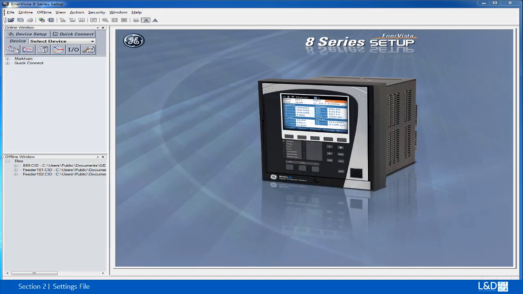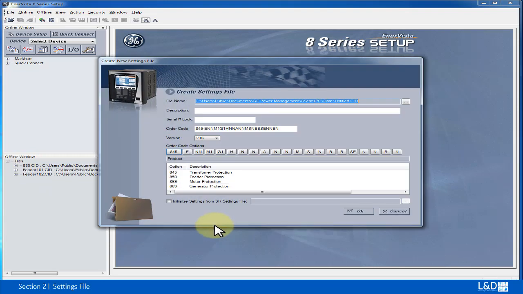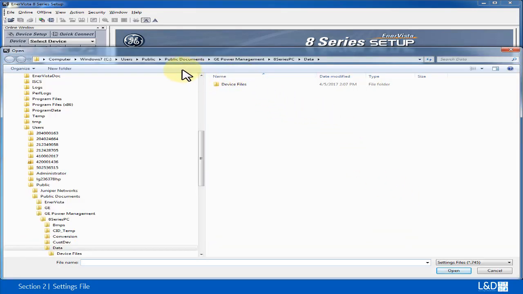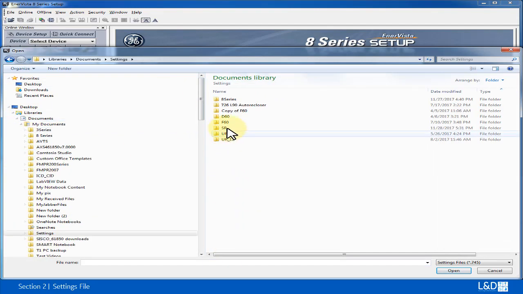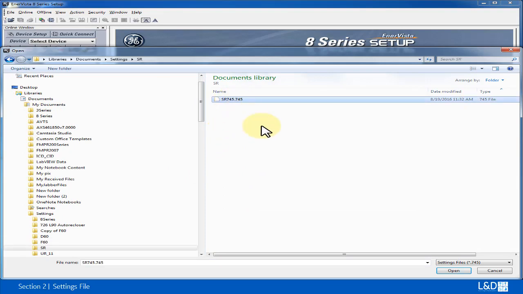As we mentioned in the 8 Series overview videos, there are the SR retrofit tools, and we can also convert SR setting files into the 8 Series setting file. To convert the SR setting file, we need to start a new setting file, and then we can choose to initiate the setting file from the SR relays by clicking this setting file. I have some setting files saved under My Documents, Settings, SR. So I can choose this